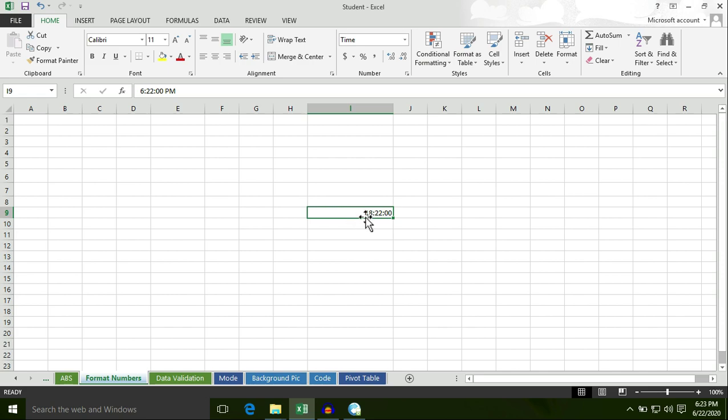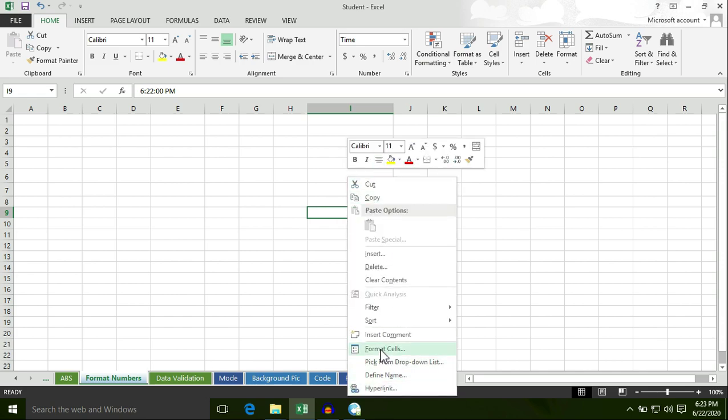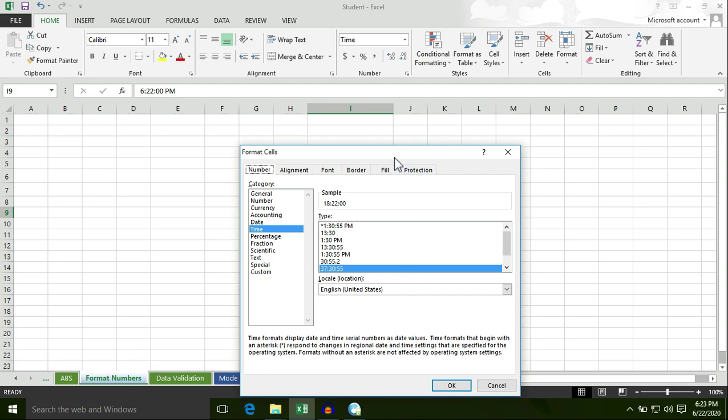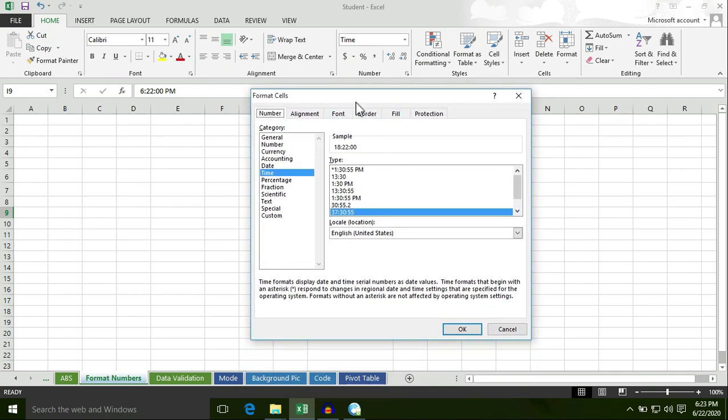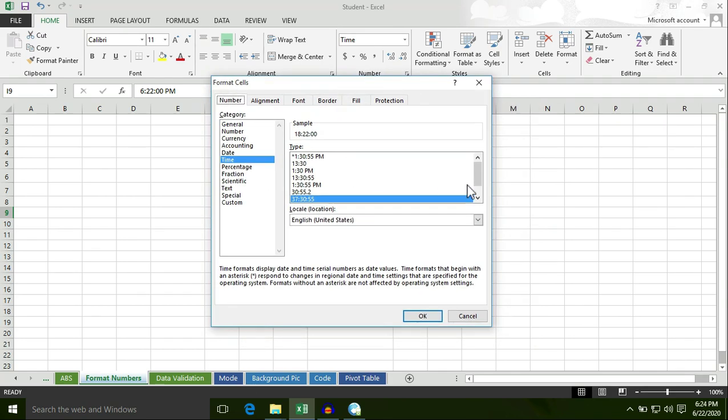So you can also apply different formats to this time. Right click on this cell, then select format cells. Here is another method. So we have format cells here, and the time option is already selected. This time I'm going to apply this format. Click on this option, click on the OK button.